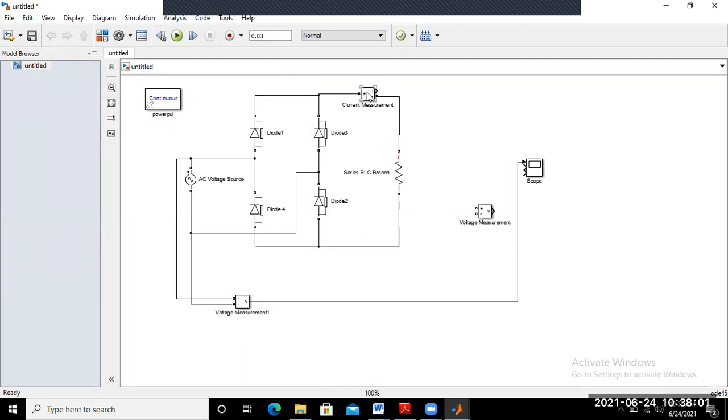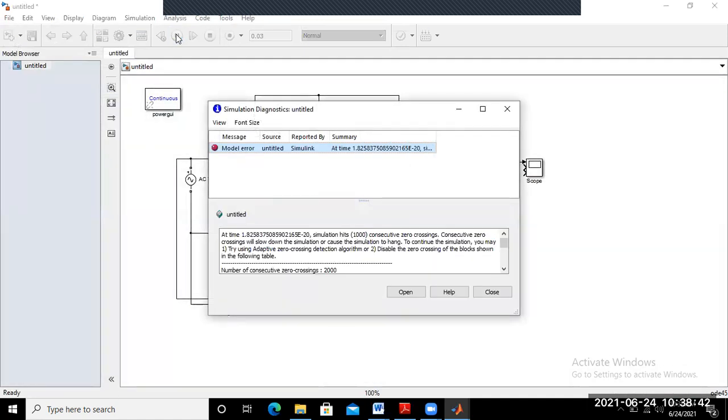And this emitter is disconnected. Part by part, we try to check where something is going wrong. So this resistance is directly connected to this point. And now we try to measure the input voltage waveform. So just run this program model, and it shows the same error.